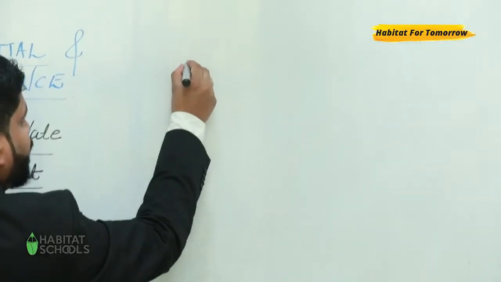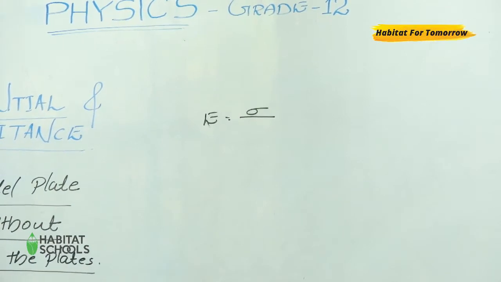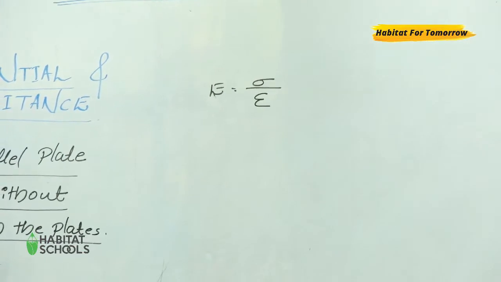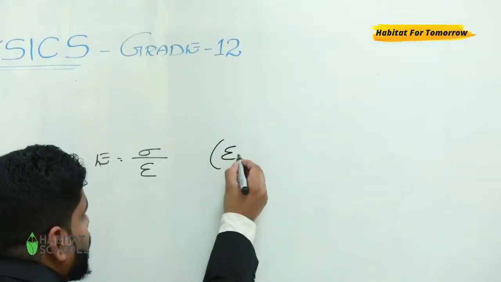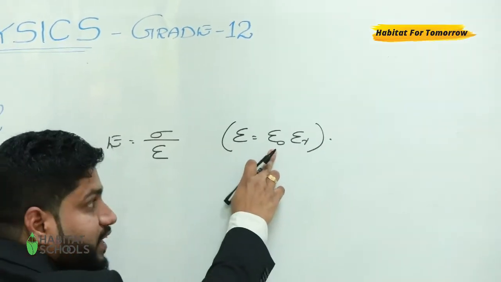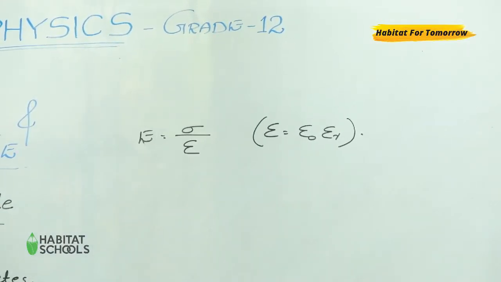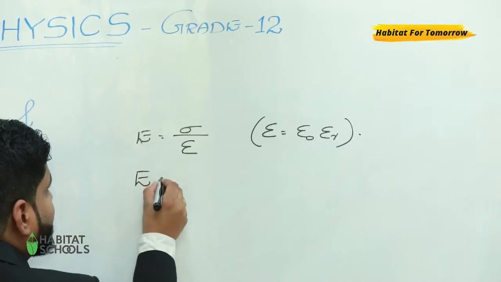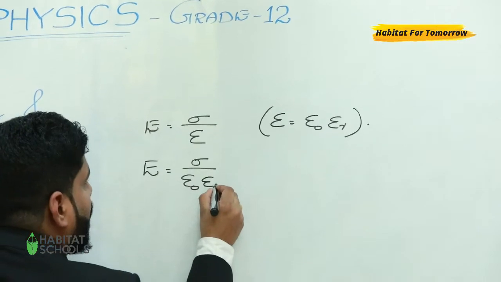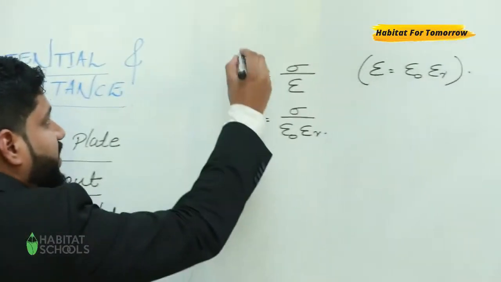So here electric field E is equal to sigma by epsilon 0 in case of air. Now I am considering sigma by epsilon, that is permittivity in a medium. We know that epsilon is equal to epsilon 0 into epsilon r, where epsilon 0 is permittivity in free space, epsilon r is relative permittivity. So this equation you can write E is equal to sigma by epsilon 0 into epsilon r. So here with dielectric medium, I am considering